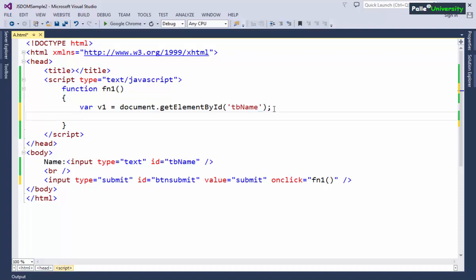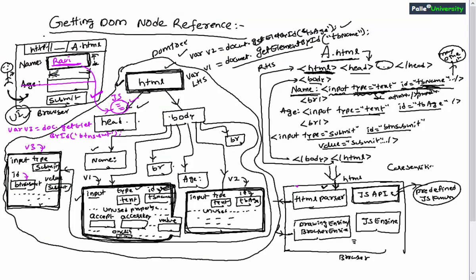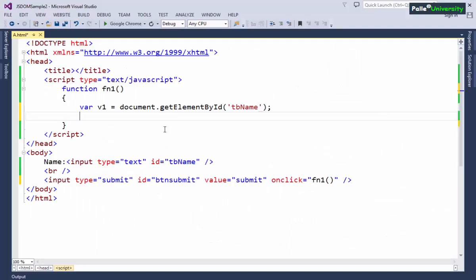And here, how to read the text box data? Let me show you here. The user will be typing some data into the text box. I already said that data will come and sit inside the corresponding value property, right? How to read this? Very simple. I said we have to use v1.value. Now we must write